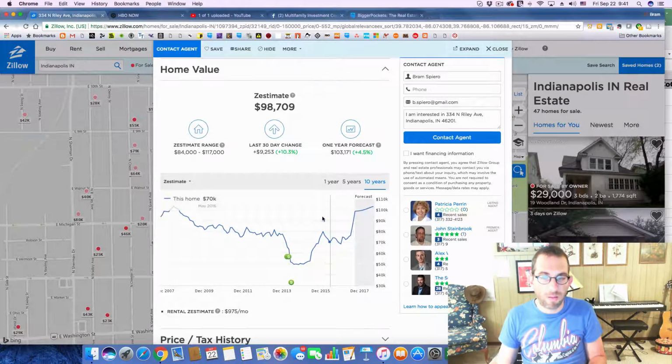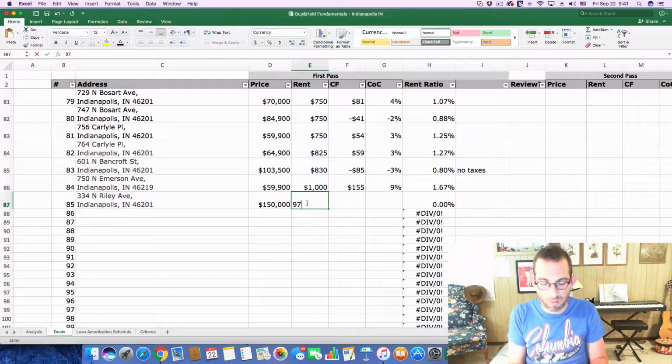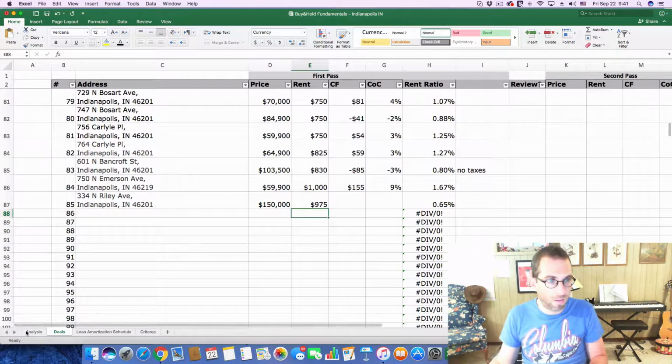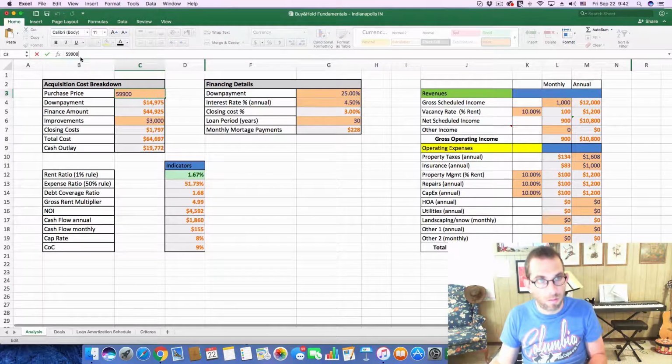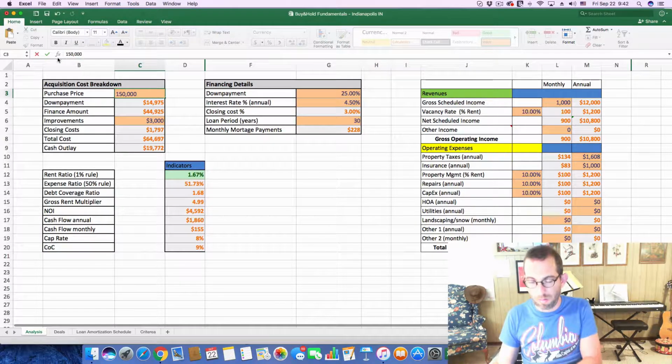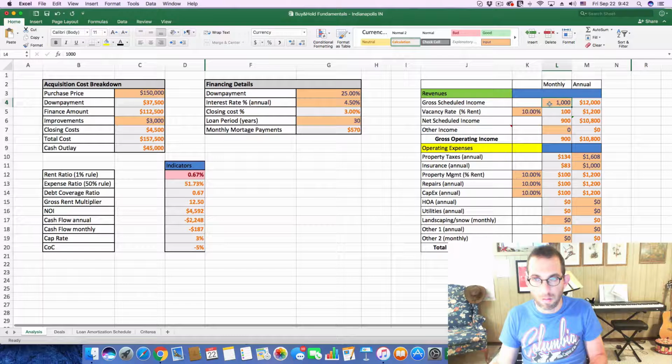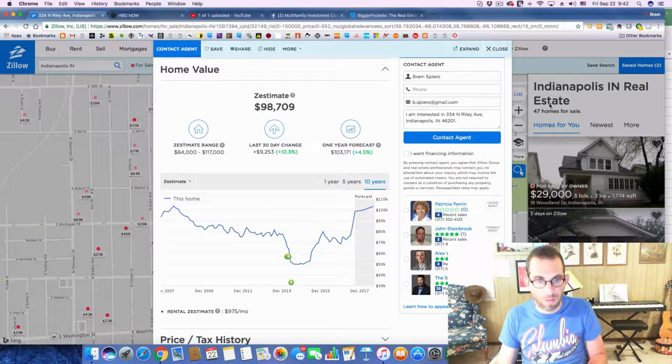The only real thing I'd consider paying more than 154 is a quadplex. And that's only because